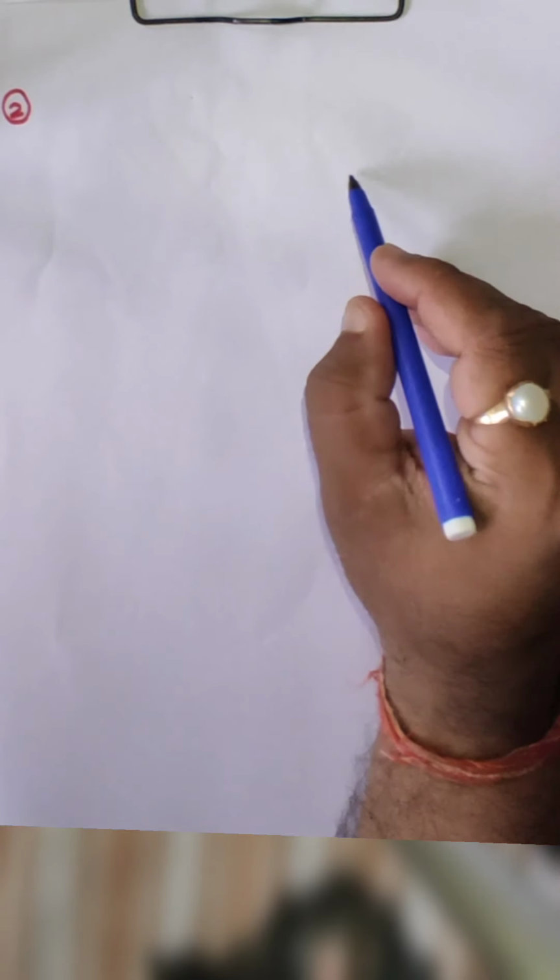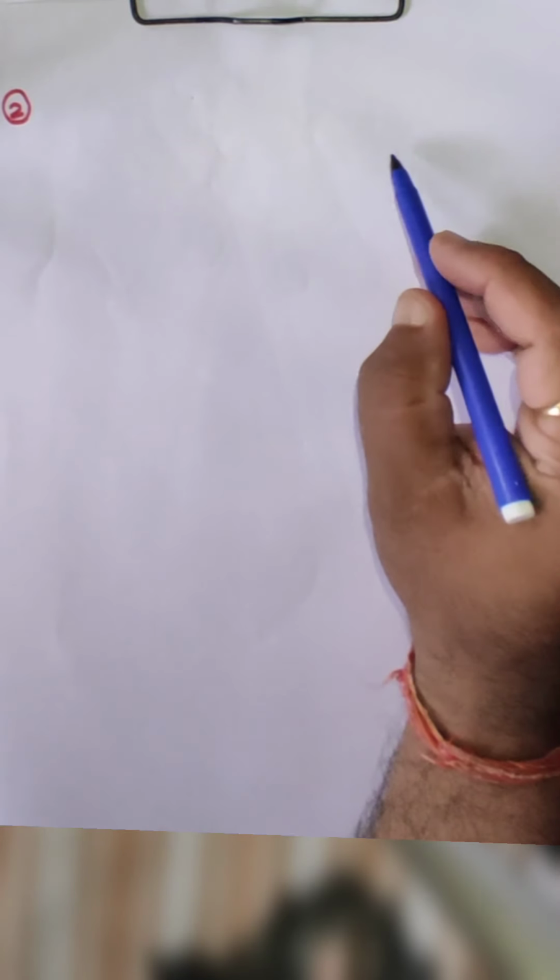Now come to question number 2. Construct a triangle ABC in which BC equal to 8 cm, angle B equal to 45 degree, and AB minus AC equal to 3.5 cm. Before going on the construction, we will draw a rough sketch of triangle ABC in which